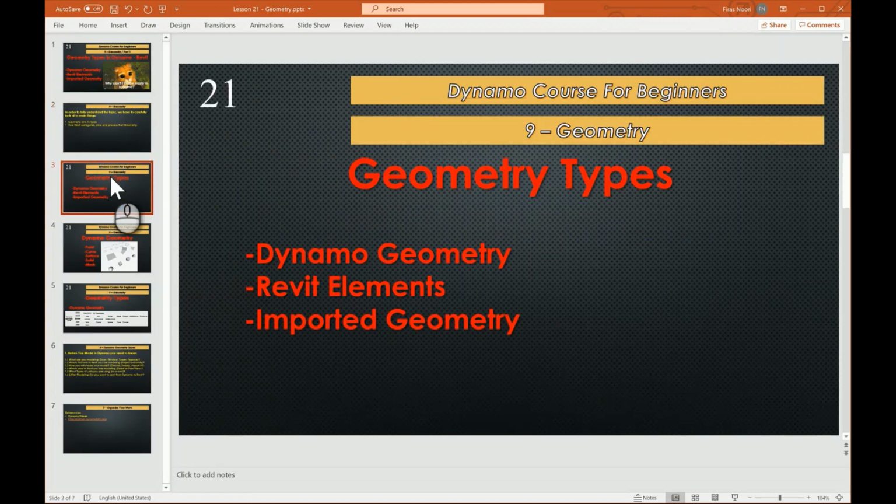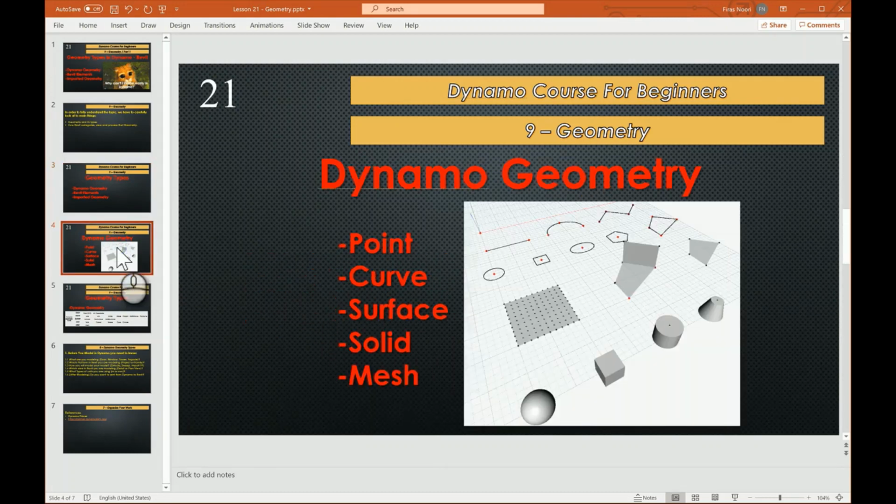And as I mentioned in the first slide, if you need to understand the geometry types, you will encounter mainly three types: the pure Dynamo one, the Revit elements, and the imported geometry. In this video I'll try to quickly introduce you to the main Dynamo geometry. They are very obvious, and through this course, the basic one and the previous one,